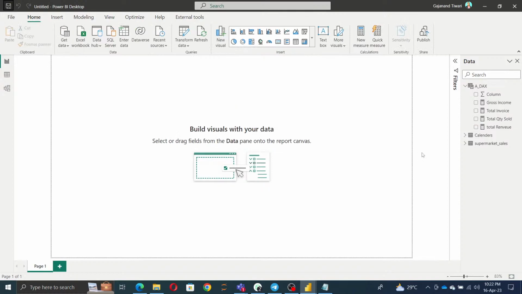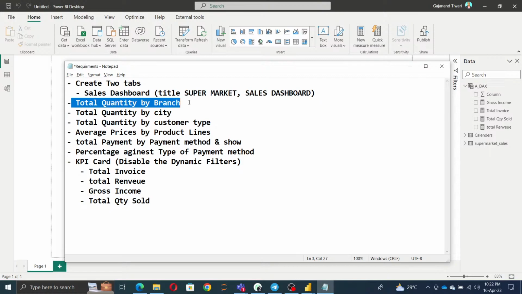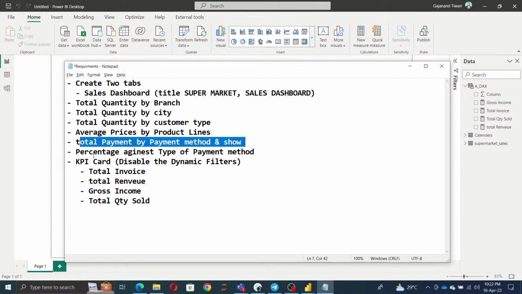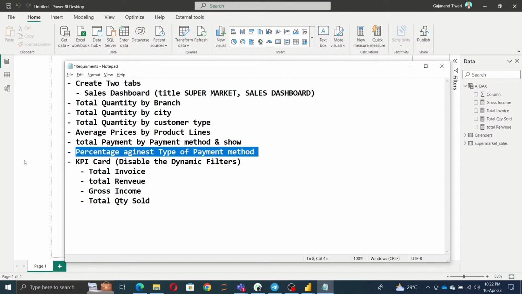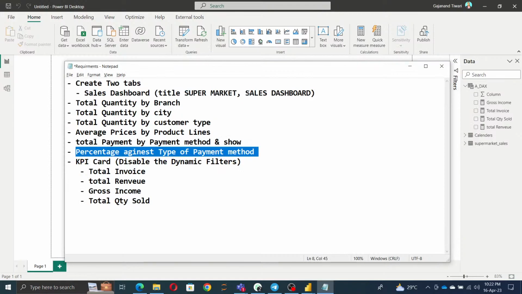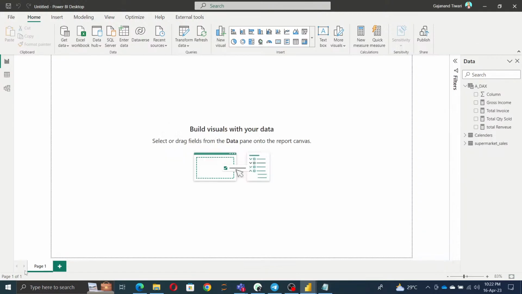Next we create the modeling, then we go for the, we can say this option has been done. Now go to the other KPI, which is called total quantity by branch, total quantity by city, total quantity by customer sales, average prices by product line, and total payment by payment method, and show percentage against total payment by payment method. So now first we are moved to the, again modeling has been done almost, and anything we needed we can change that. So now with the first name is sales dashboard here,